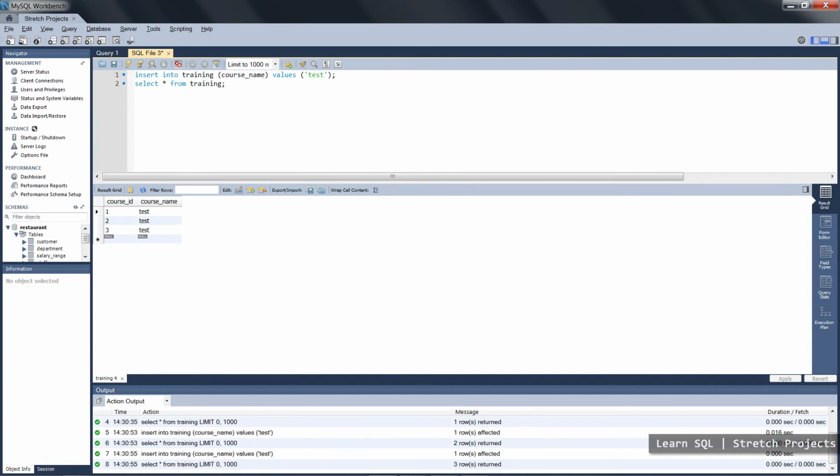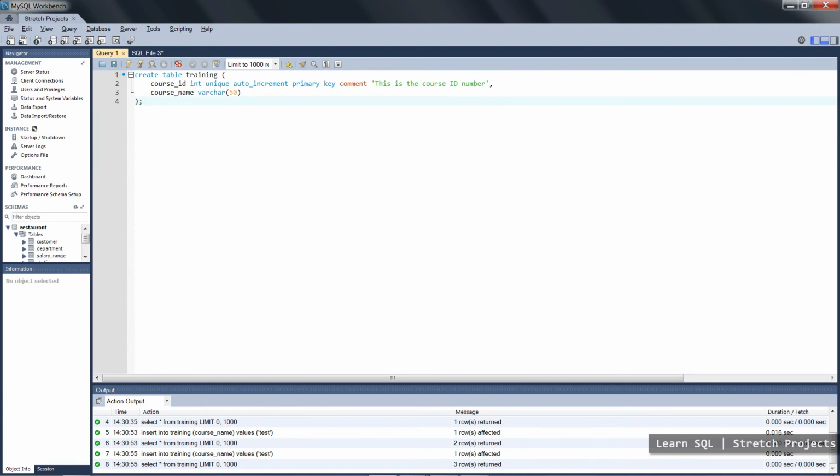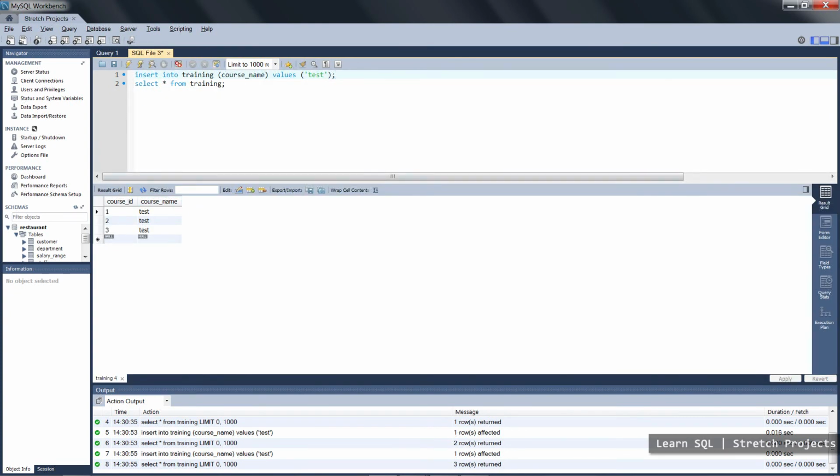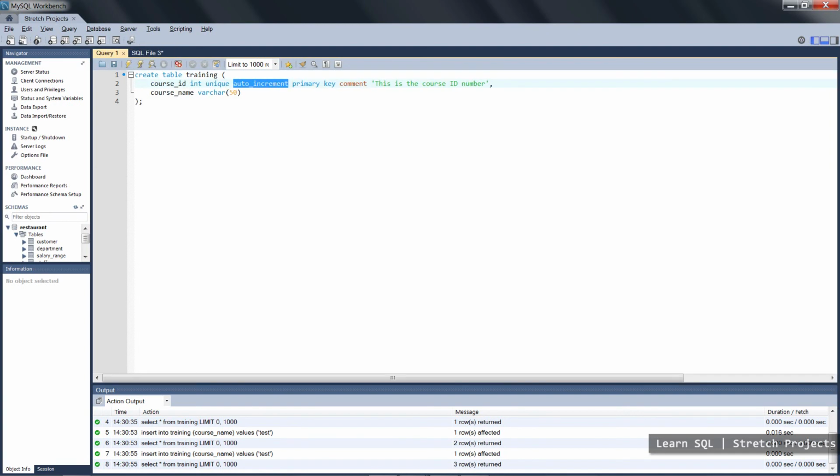If we run this again, we will add another row into the table. And because we've used auto increment when we were actually setting up our table, the course ID number will increment for us automatically. It's not something that we need to worry about. Now you'll notice that we've only obviously got these two columns here, the course ID and the course name, but we wouldn't be able to actually reference this from our staff table because we wouldn't know which staff have taken part in which course. So we can create another table called staff training,